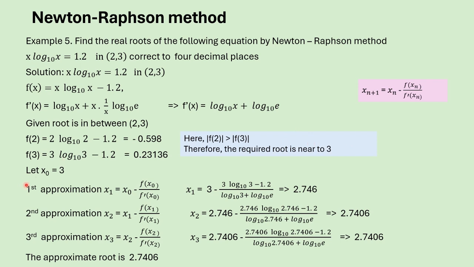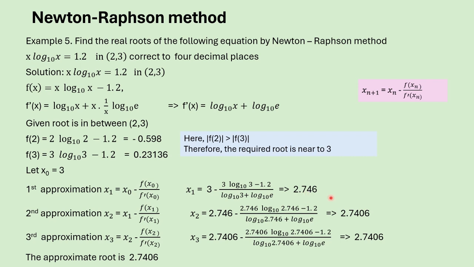So x naught is equal to 3. Now we have to calculate this. X1 is equal to x naught minus f of x naught by f dash x naught. So substituting the value here, x naught value is 3. So we'll put the value here, and f of x, in this we'll put the value of x naught, which is 3. We get this. And then f dash x naught. So here we'll put the value of x naught, which is 3. So we'll get this. On simplification, we get